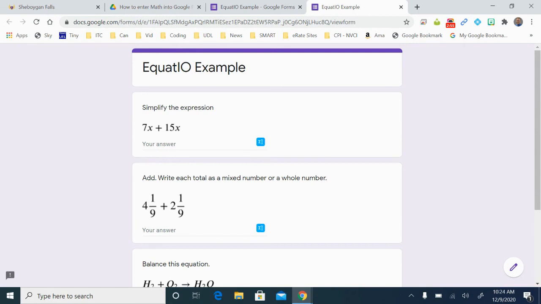Now, as mentioned in some of our other tutorials, you might want to use Google Forms for just quick check-ins because the answer key can get kind of messy at times. But if you're only doing 1 or 2, and you use all the data it gives you, it's a great way to do an exit ticket or a quick